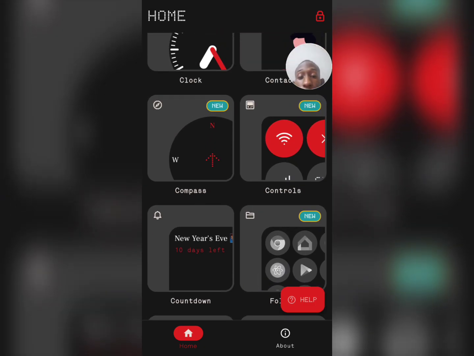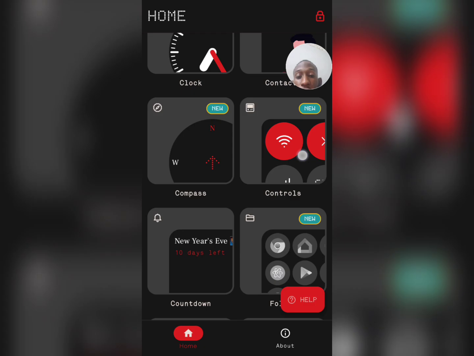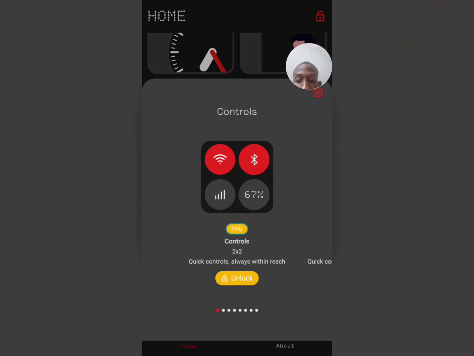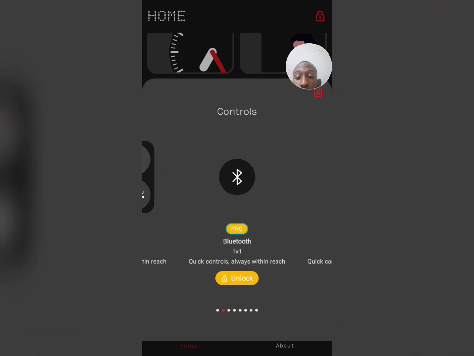So any one of these that you want to use, you can just tap on, let's say, for example, the control option, and you'll be able to unlock it. But keep in mind, some of them you may need to get a subscription to access these widgets. So keep that in mind, you have the control option here, you have the Bluetooth